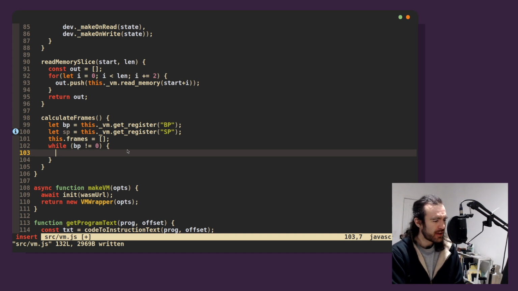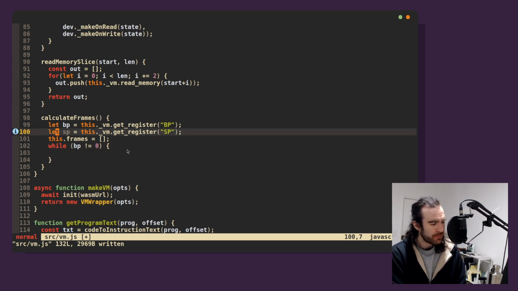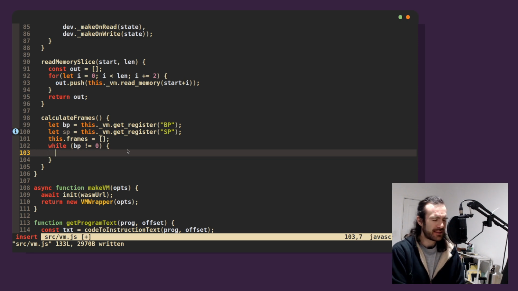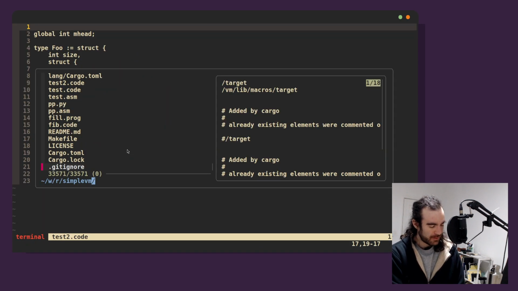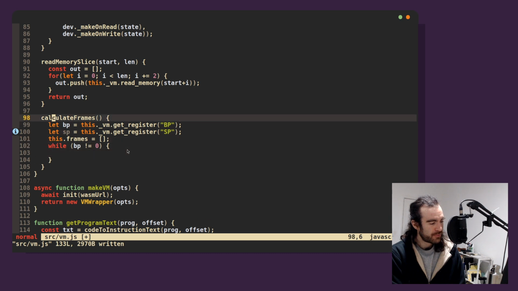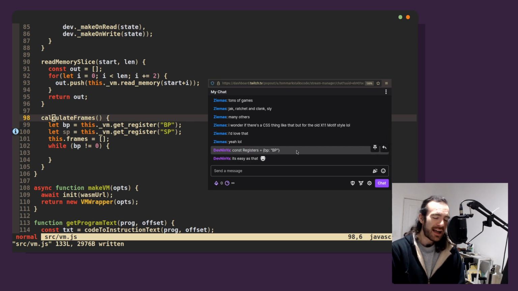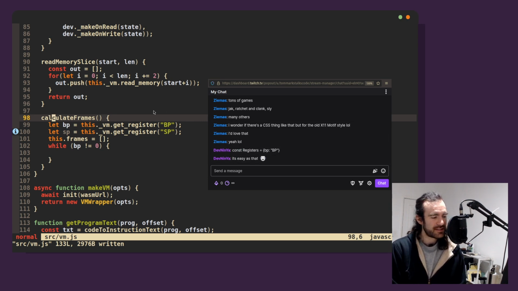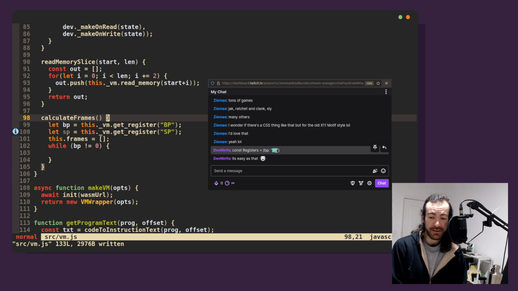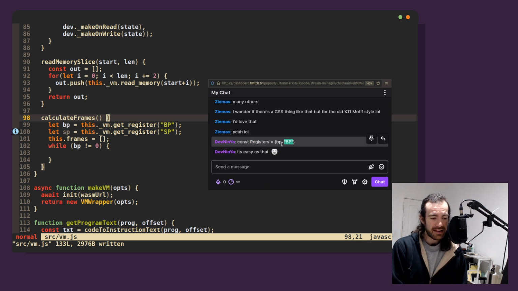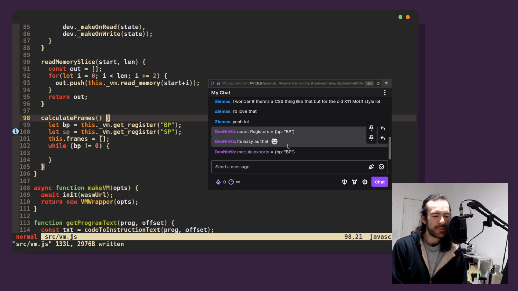Cool. Okay, so while the base pointer isn't 0, well, first off, let's do it like this. So the stack grows up, which is really stupid. I don't know why I made this decision. I'm going to regret it. But anyway, the stack grows up. I should probably do something like that. Ideally, I would export it from Rust, and I would have some WASM. I don't know if I can do that, but I don't want to have to keep things in sync necessarily, because I don't know if I'm going to have these names for my registers long term. Because my machine's BP isn't really the base pointer,